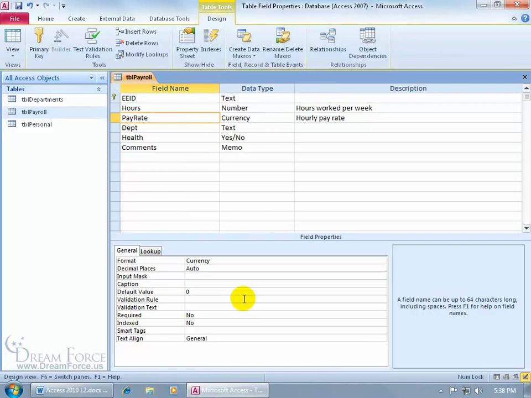Now for the pay rate, I want to be able to restrict this cell to less than $30 an hour. First select it down below in its corresponding field properties, click in the validation rule, and type in less than, the less than symbol, and then the number that it needs to be less than, then hit the Tab key. So when somebody enters in a new record and tries to type in 30 or more, it's not going to save it. In fact, it would be nice to give them some sort of validation text so we can go